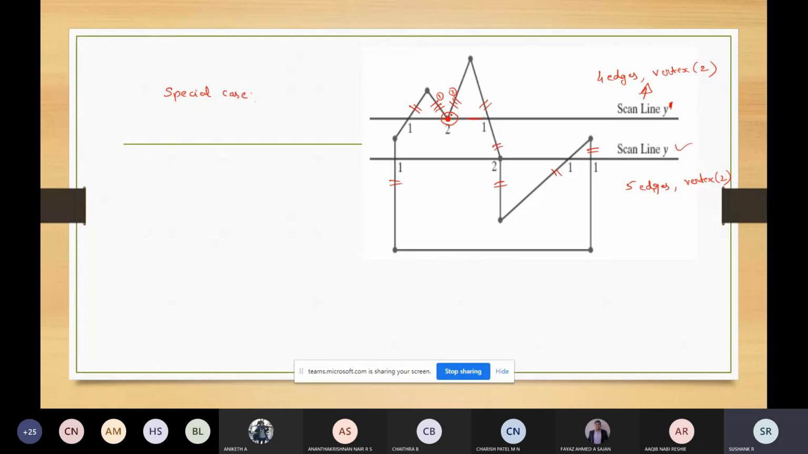For this y dash, the two intersecting edges are both above the scan line only. So in this case, you can just consider the points like this: 1, 2, 3. But in this case,